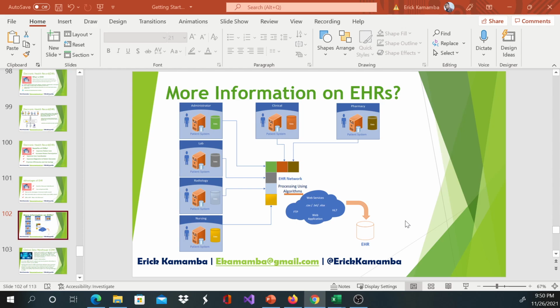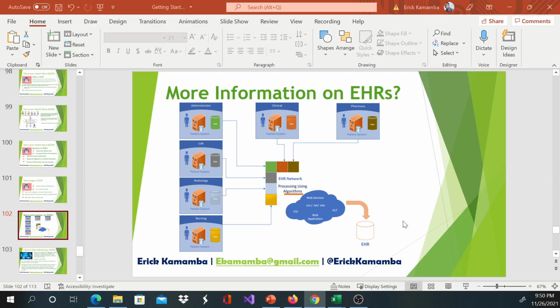You can use maybe the driver's license, maybe the social security number, or any other patient information